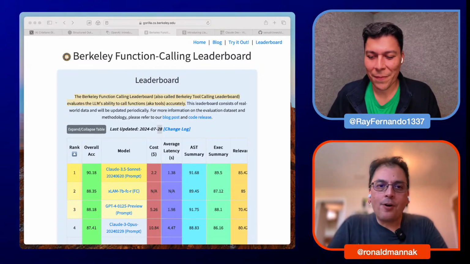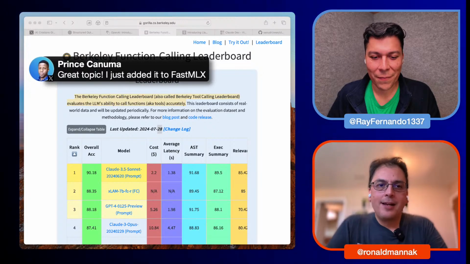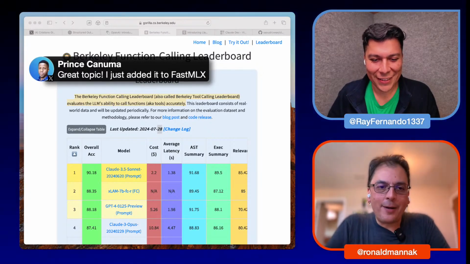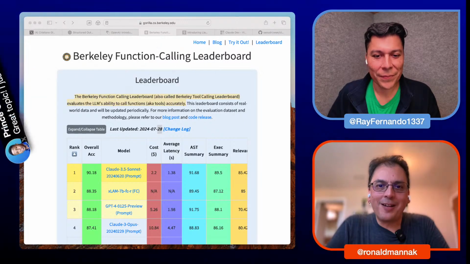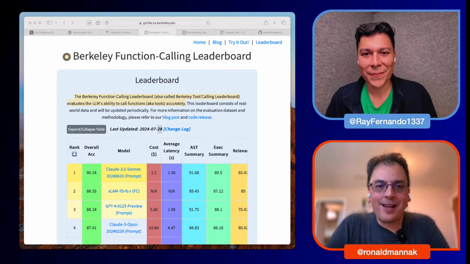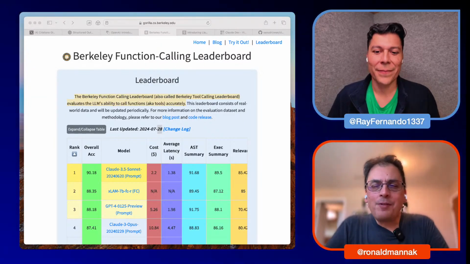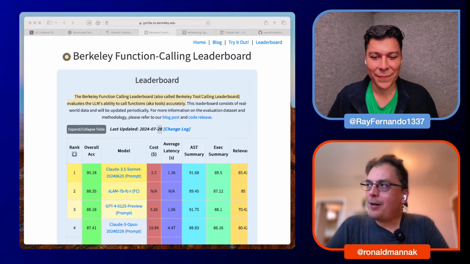And Gorilla was a fine tune of Llama, one of the earliest Llamas, to create almost always valid JSON.